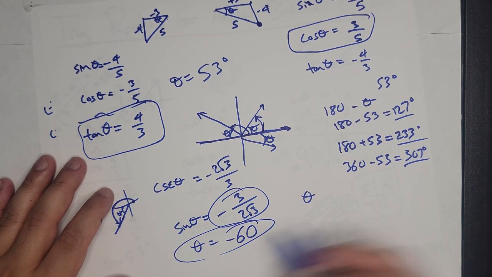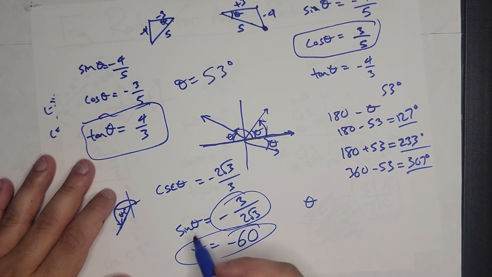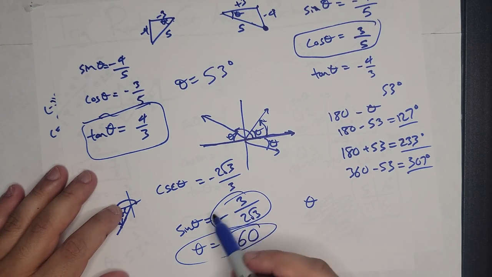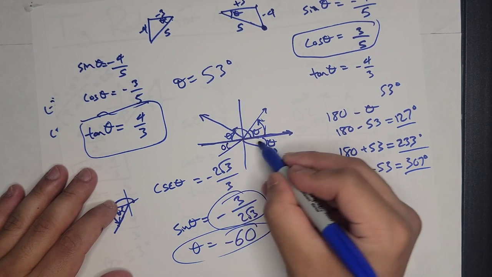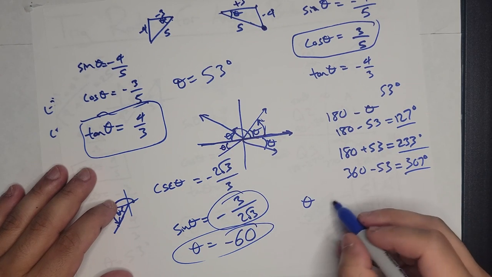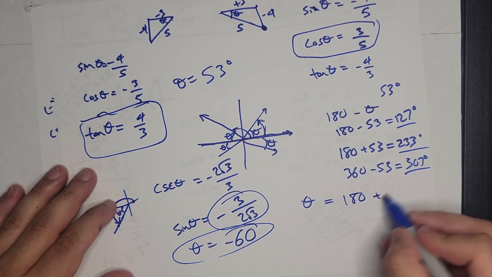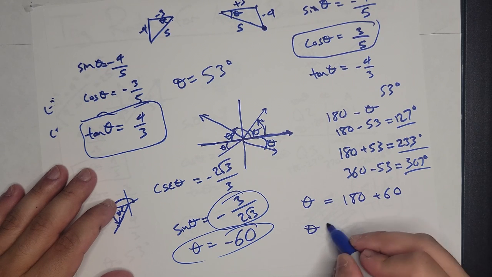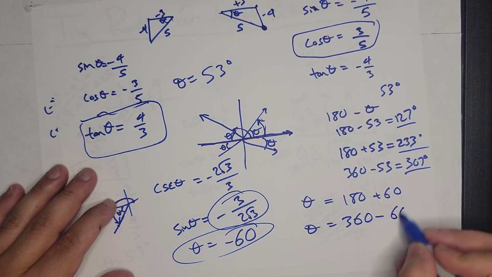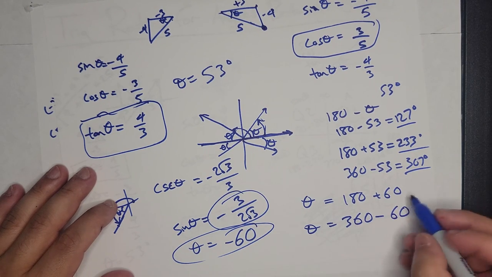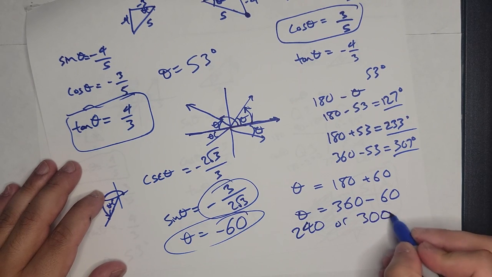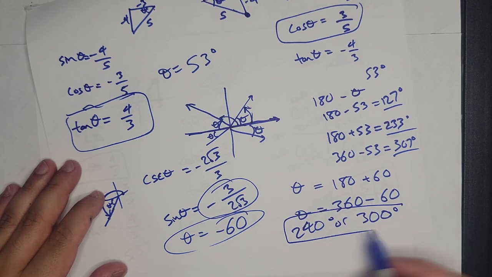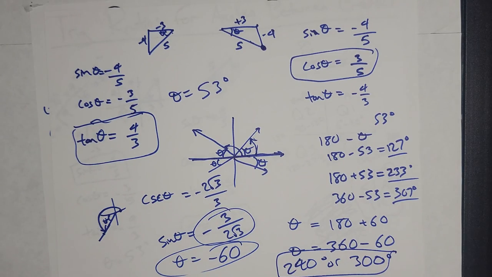So that means my negative sine ratio, which we have said is going to be in quadrant 3 or 4, I have 180 plus 60, or 360 minus 60. So now I have either 240 or 300. These are my two solutions. And that's how we're going to be solving trig ratios moving forward using